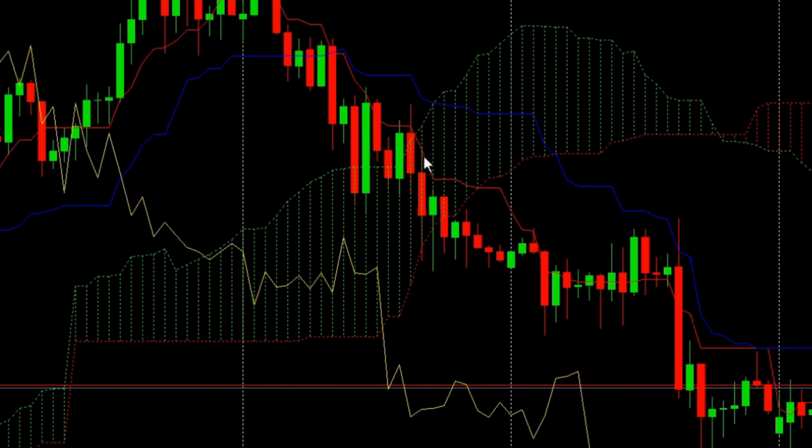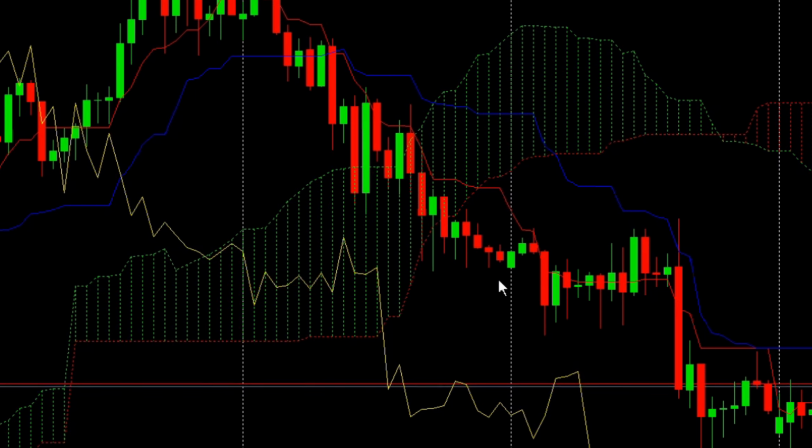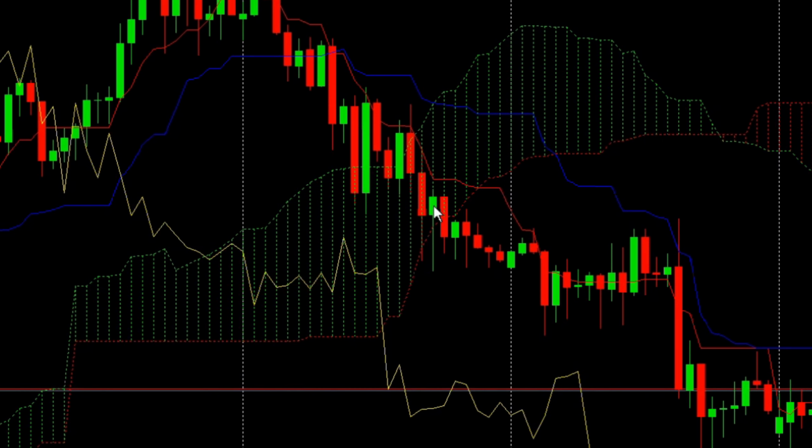Or is this the end of a trend and our price is going to start going downwards? We simply don't know, which is why when price is in the cloud, that's this area of indecision or equilibrium, and we actually have to wait to see what happens next to give us that indication of which direction price